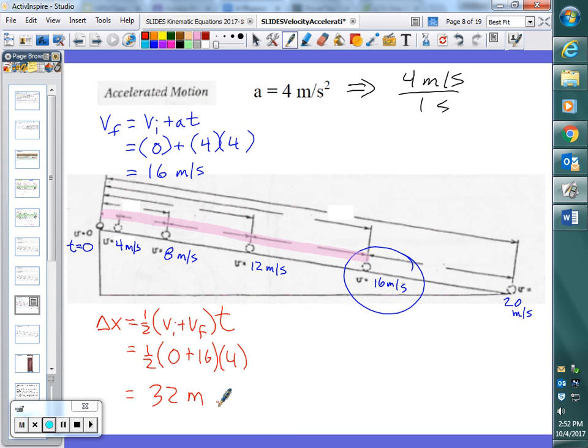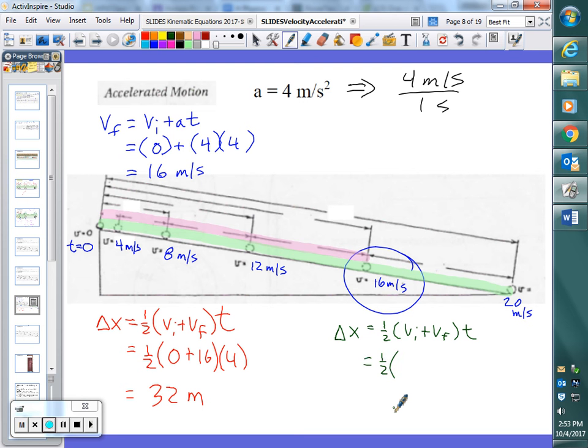Does that make sense how it all fits together there? All right. Yes, no? All right, let's do this. Let's talk about the whole ramp, right? We've already established the fact that the final velocity down there is 20, right? If we want to talk about how long this ramp is, we want to know displacement. How far does the ball roll when it goes down the ramp? That's the equation that relates for us displacement along with the initial velocity and the final velocity. All right? So for the whole ramp,